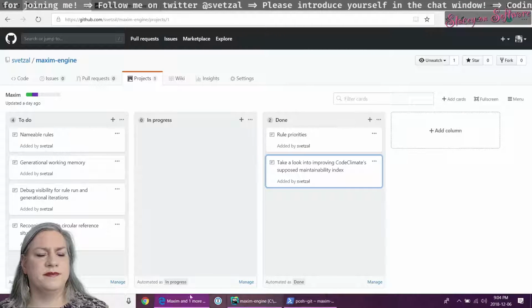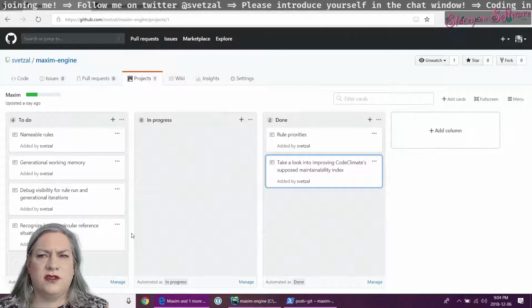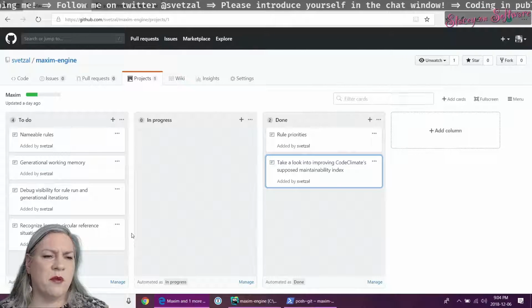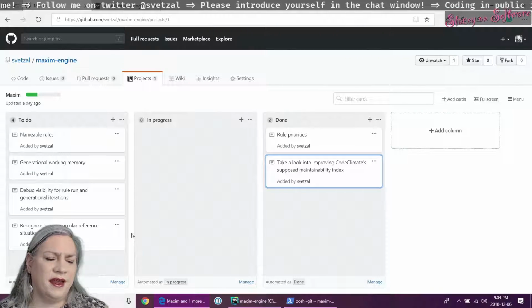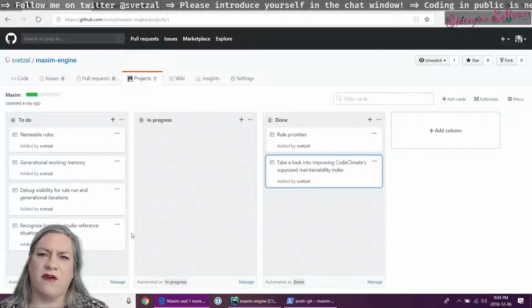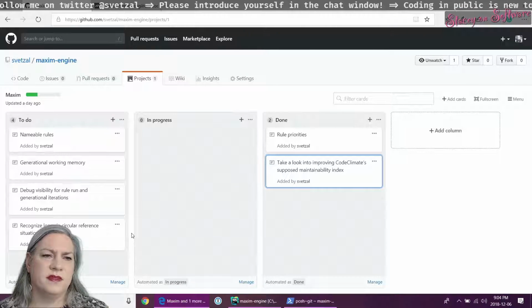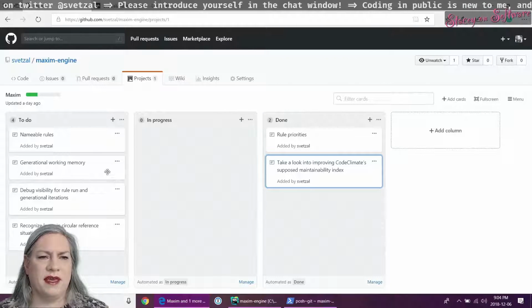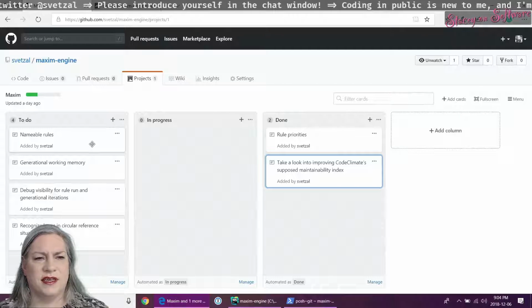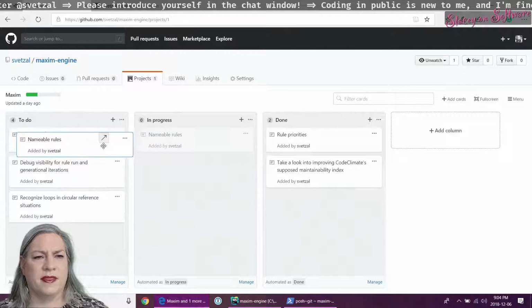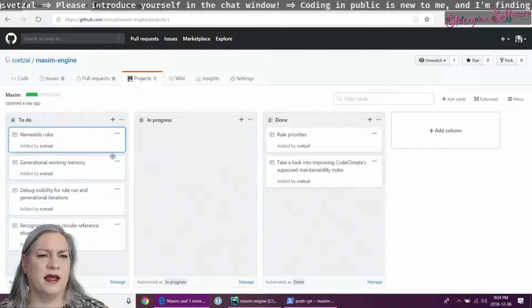Move that over. The next thing that I had on the block was nameable rules. And I feel like that's a bit of a rabbit hole. That's going to drag me in a little bit. I think it's going to multiply.